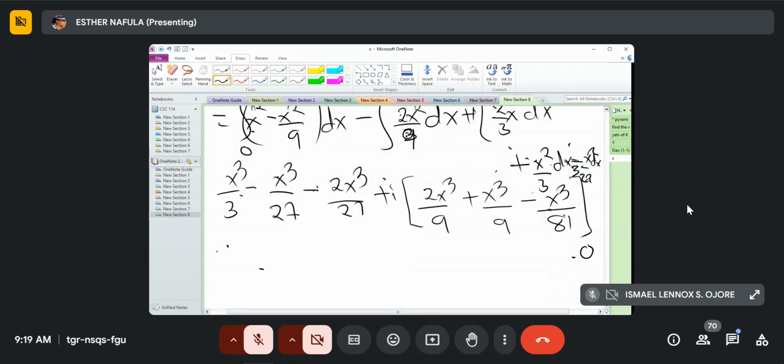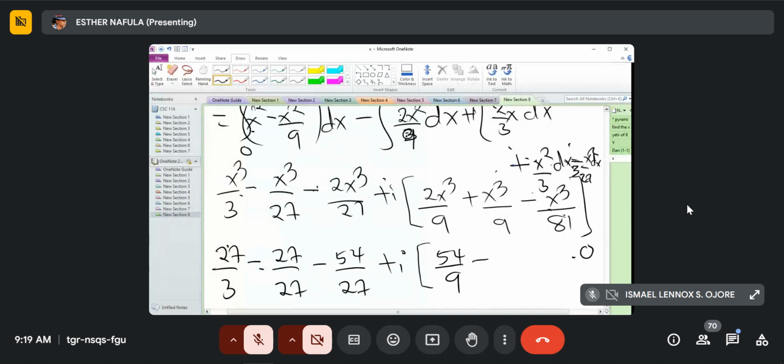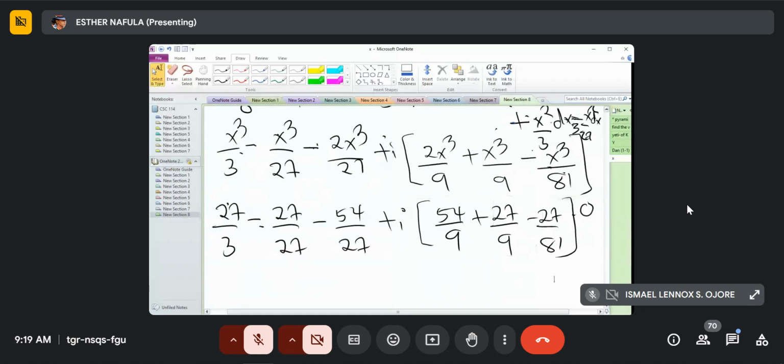So 3 cubed is 27 divided by 3 minus 3 cubed is 27 divided by 27 minus 2 by 27 is 54 divided by 27 plus i into 2 by 27, 54 divided by 9 plus 27 divided by 9 minus 27 divided by 81. 27 over 3 is 9. So this is 9 minus 1 minus 2 plus i into,